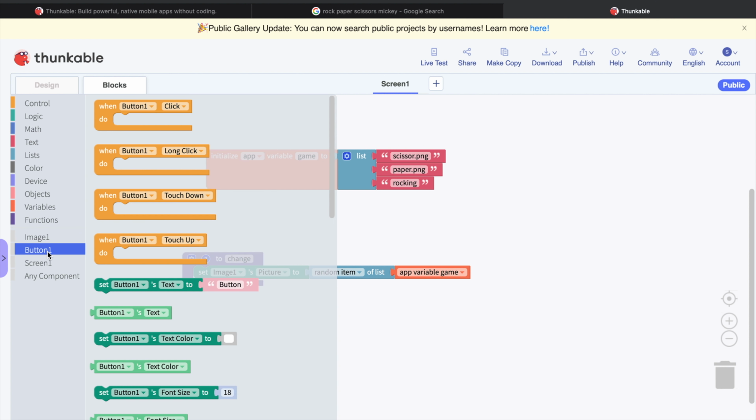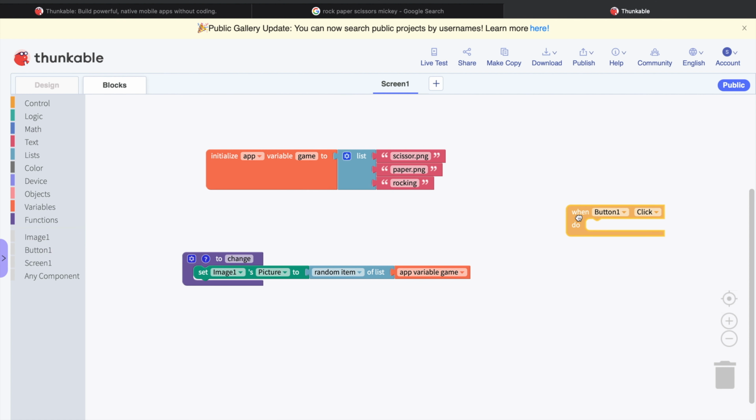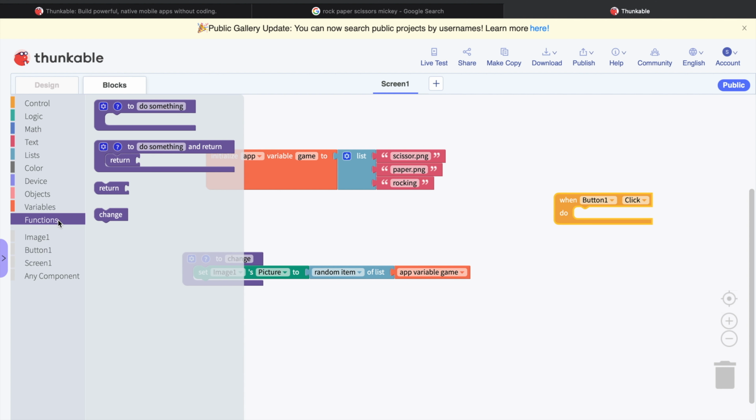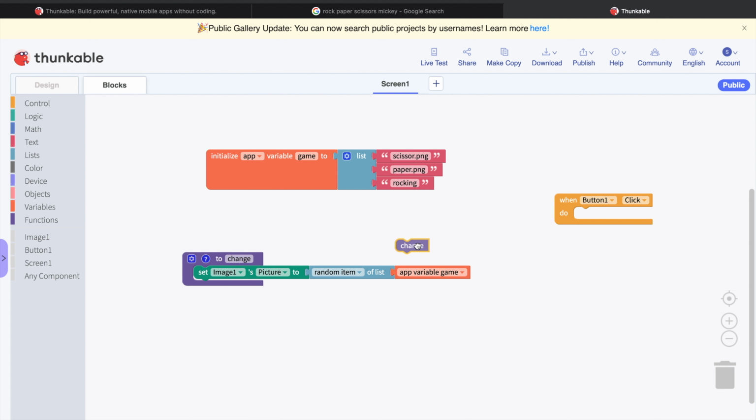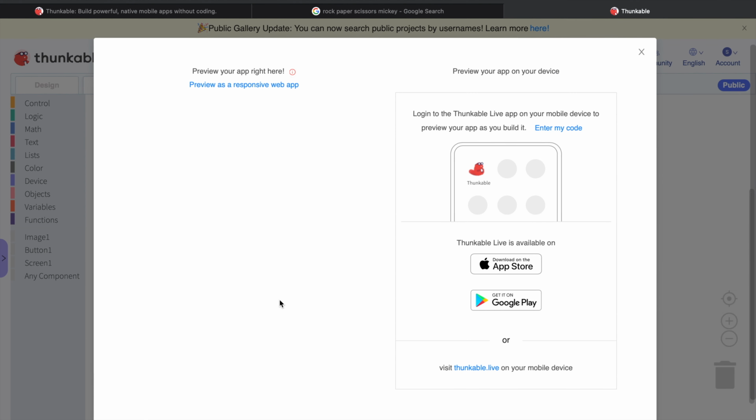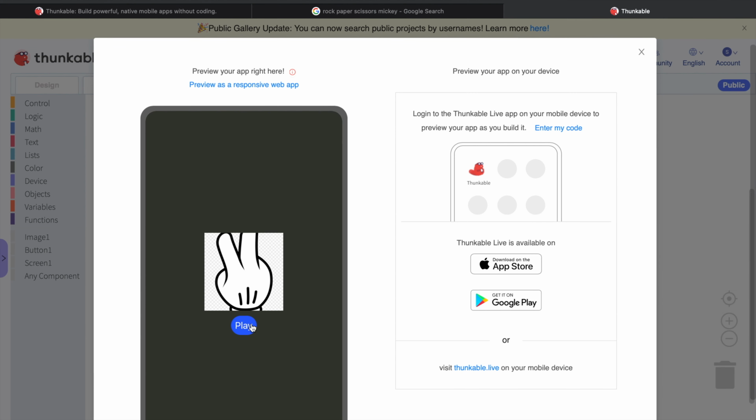So when I go to button 1, and when I say button 1 is clicked, because I am going to perform some action when I click on button 1. Okay, so when button 1 is clicked, I want to call. What is meant by call is just using this function name that I created here, just calling this function that I created here. And with this, if I click on live test and play, see, I can change the images,